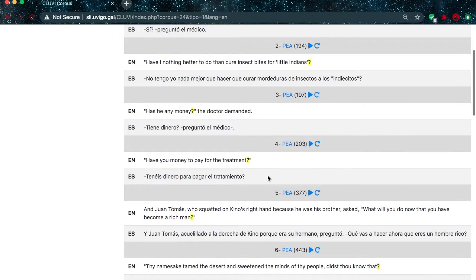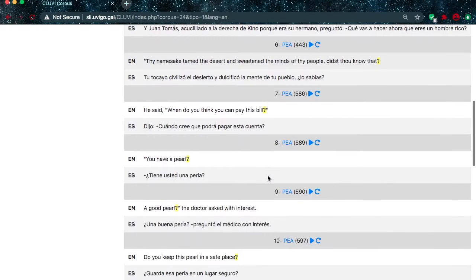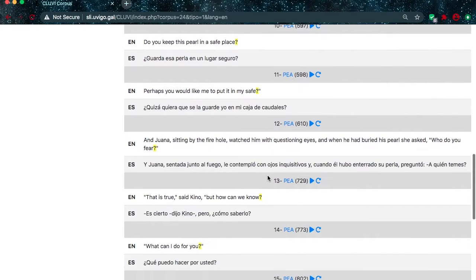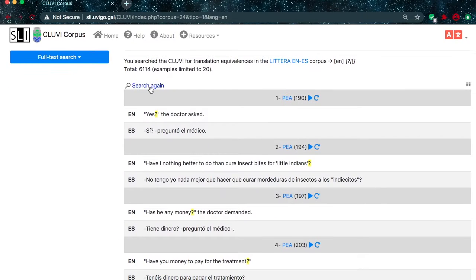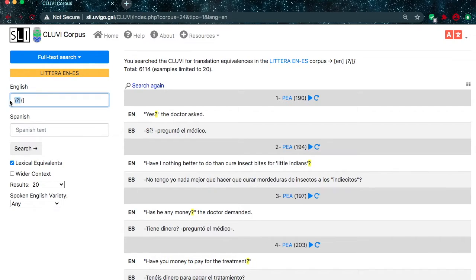Exercise 9. The backward slash takes a character that normally functions as a regular expression and makes it literal. So here, we are searching for all instances of question marks and brackets.